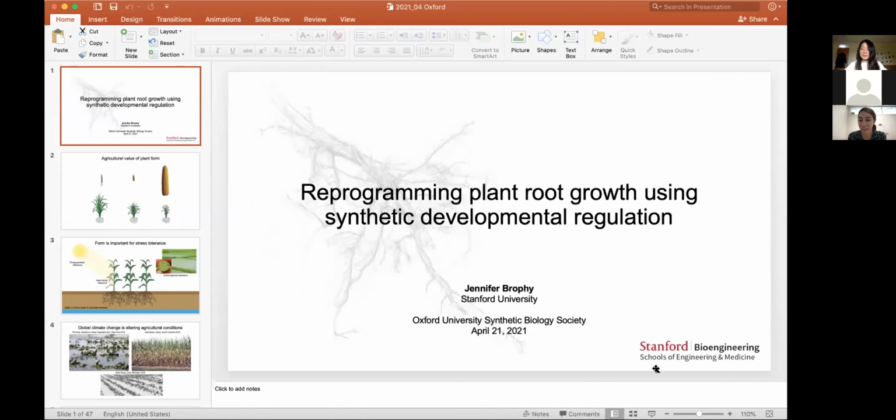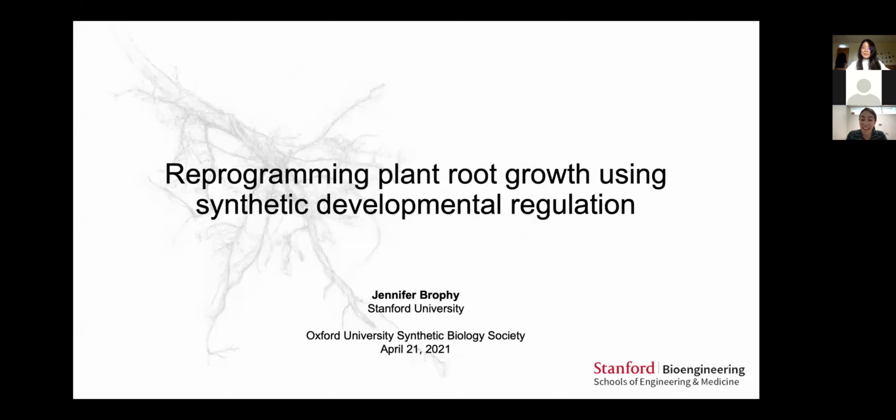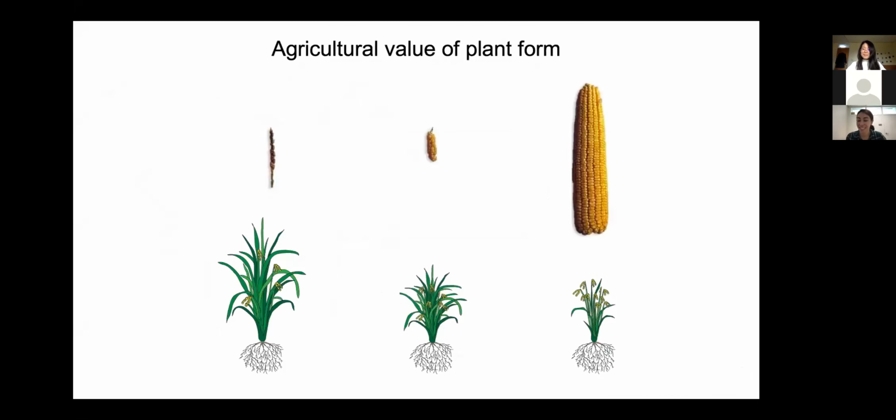Okay, so let me just present this. All right, so I am interested in engineering plant form and function. So I'm interested in engineering the size and shape of plants because in plants, like in all biological systems, size and shape are important determinants of function. And if we can figure out how to engineer these features, I think we can create new and useful biological